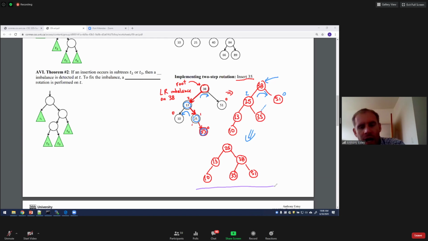In terms of our imbalances, we've got a left-left or a left-right imbalance, and then the right-right and the right-left are just mirrors of those other 2 imbalances. So again, the way we fix each one of these imbalances with our rotations, the main thing to think about is the fact that sometimes we need to adopt that child. That's really the only tricky part. Other than that, the rotation itself is always just doing this shift of these 3 nodes where one becomes the root, the other one rotates over, and the other one rotates up. So